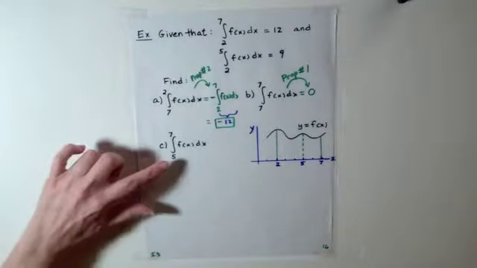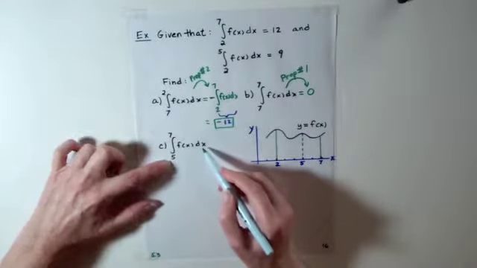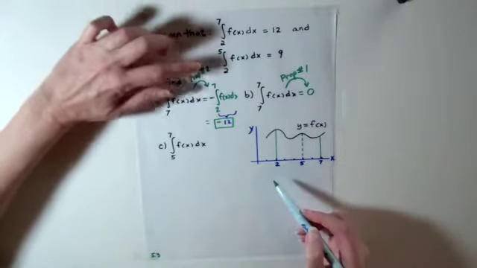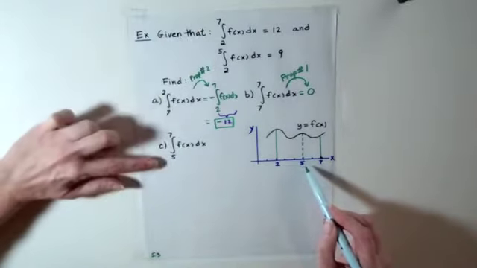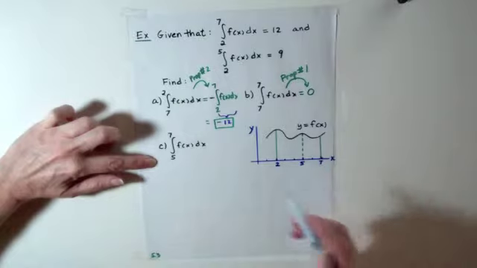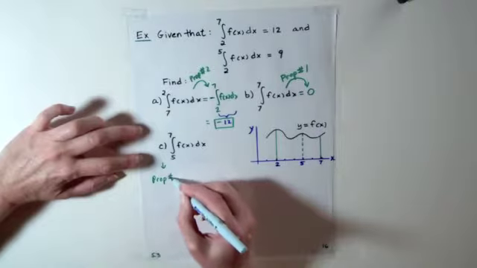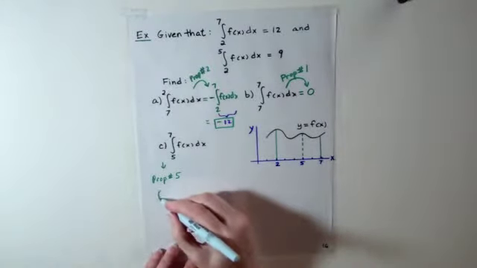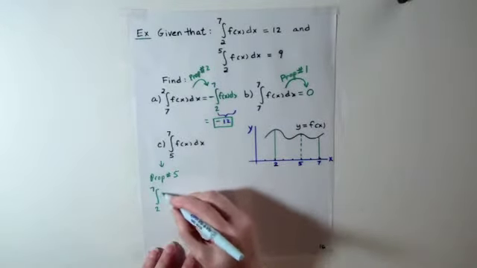Okay, well, what about this one? I want the integral from 5 to 7 of f of x dx. Now notice, they do give me the integral from 2 all the way to 7, and they give me the value of the integral from 2 to 5, and I want the integral from 5 to 7. So this looks like we're probably going to be wanting to use property number 5, the last one that we proved. Remember we said that the integral over the entire interval we're talking about, the integral from 2 to 7 of f of x dx,